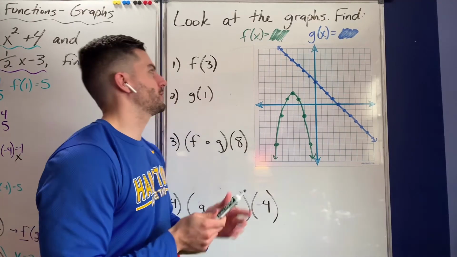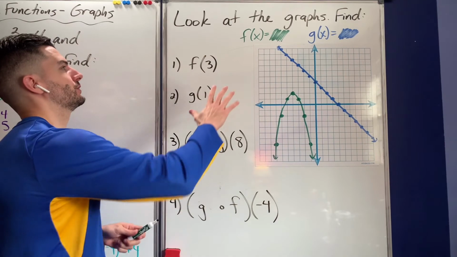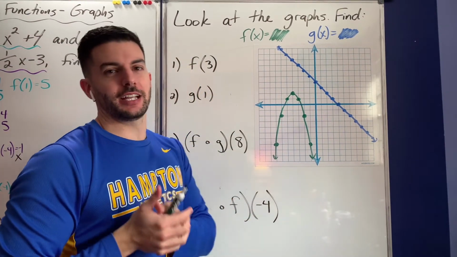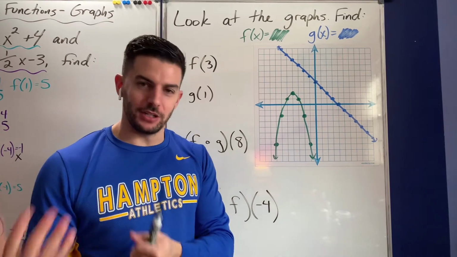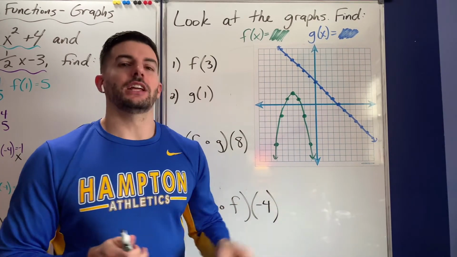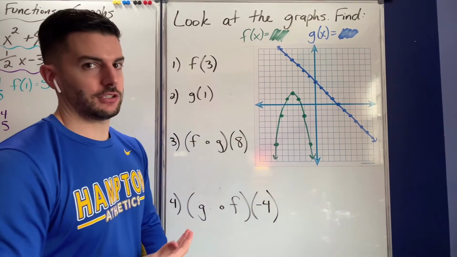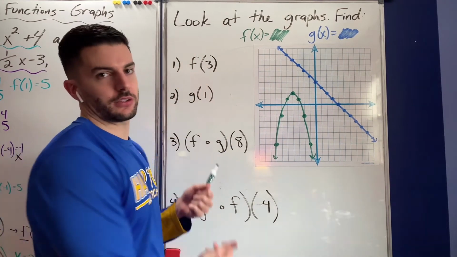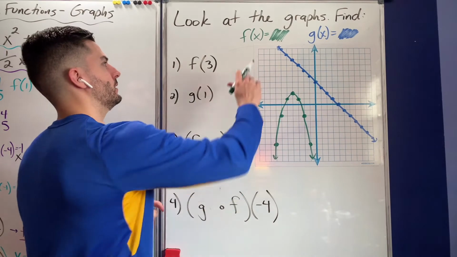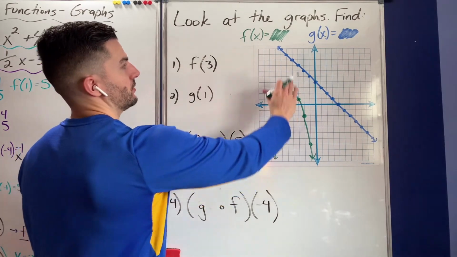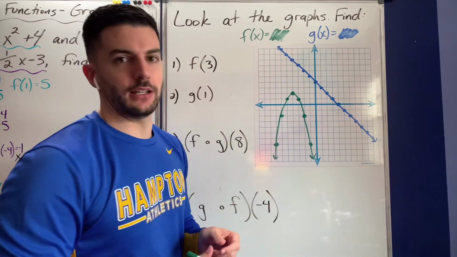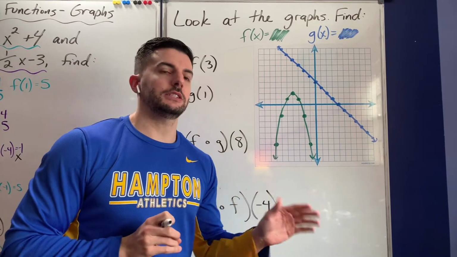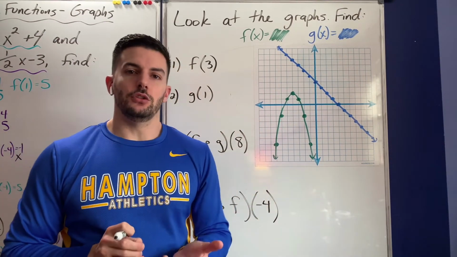All right, guys, just doing one more example here with you, like I said, okay? So in this case, I did not give you the equation, so you don't have a backup plan of plugging into the equations instead of looking on the graph, okay? So we're gonna have to look at the graph here, okay? But I just gave you 4 examples. We'll just walk through them and then we'll be all set, okay? So I put f of x in this dark green, g of x as this straight line, kind of like the last one, okay? Before I do this though, let me just say,